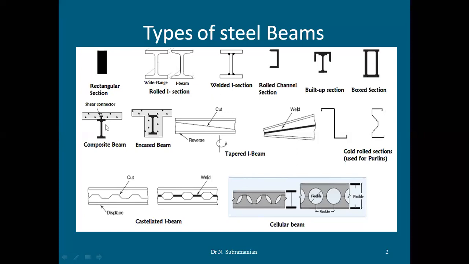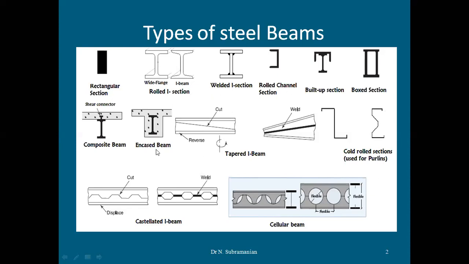If you want to make a deck on the top of the compression plane, you can make use of composite beams like this. This is the shear key. This helps to connect the concrete RCC deck to the beam compression plane. This shear key acts as a connector, resisting the shear forces acting between the deck and the compression plane.